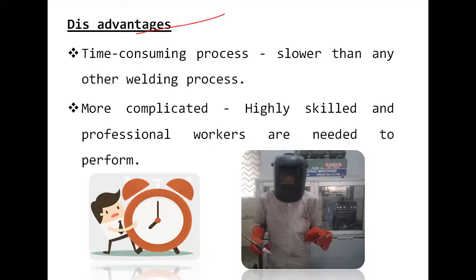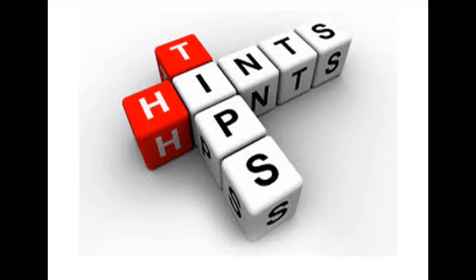The main drawback is that it is time consuming, because the welder has to use both hands, one hand for the filler and the other on the holder. It is a little bit difficult to do this process. These types of difficulties are not faced in shielded metal arc welding or MIG welding, so it is more time consuming and complicated. Only highly skilled professional workers can handle it, so compared to other welding processes it is a little more difficult to manage. These are some of the points relevant to the TIG welding process.